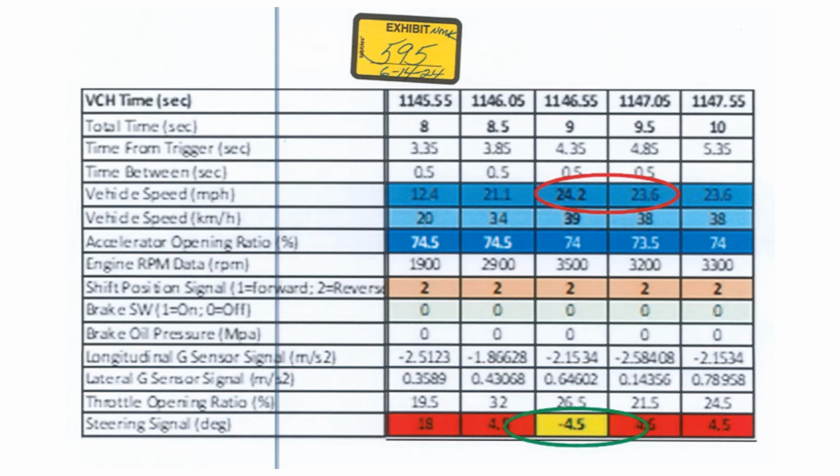And then you can also look at the shift position signal, 1 meaning forward, which is in drive, and 2 being in reverse. So on this little snippet, 2 is obviously in reverse, so they're saying in reverse at 24.2 miles per hour. Not calculating that there was snow and tires can possibly get stuck and rotate even if you're pressing on the gas, and you could be going nowhere in reality.